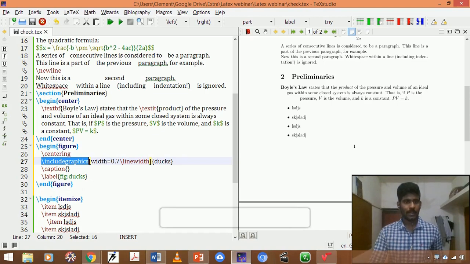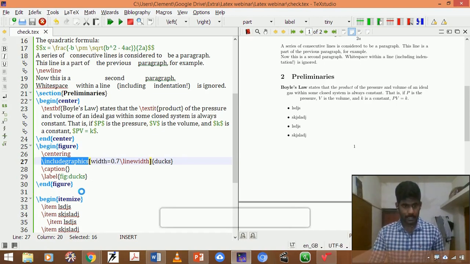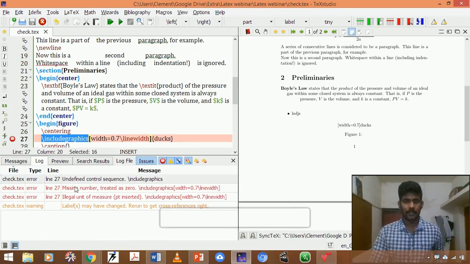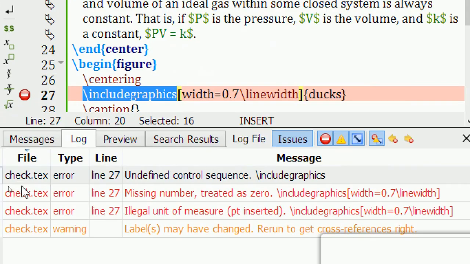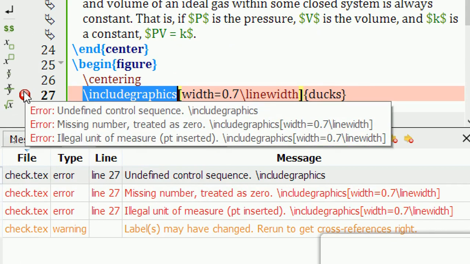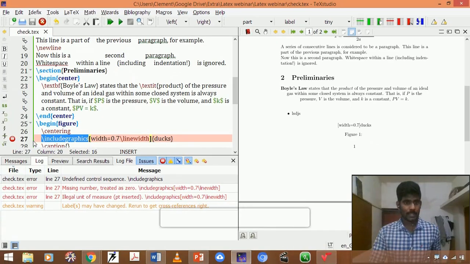Okay, after this just run the file. See, here it was shown with errors. So here you should find what the error is. Usually if you want to insert any image, one package is required, that is quite normal.